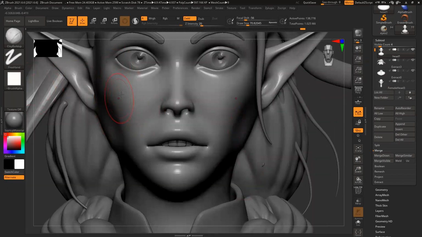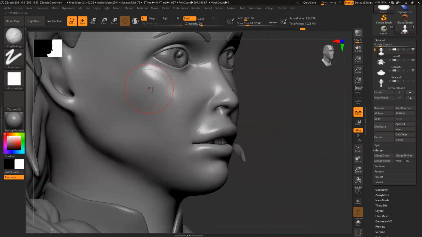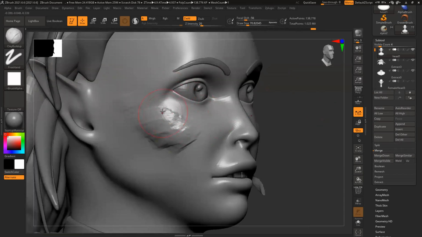Clay build up. So here, his cheekbones are slightly prominent. Make sure this cheekbone part is very prominent. So make sure to add a little volume there.